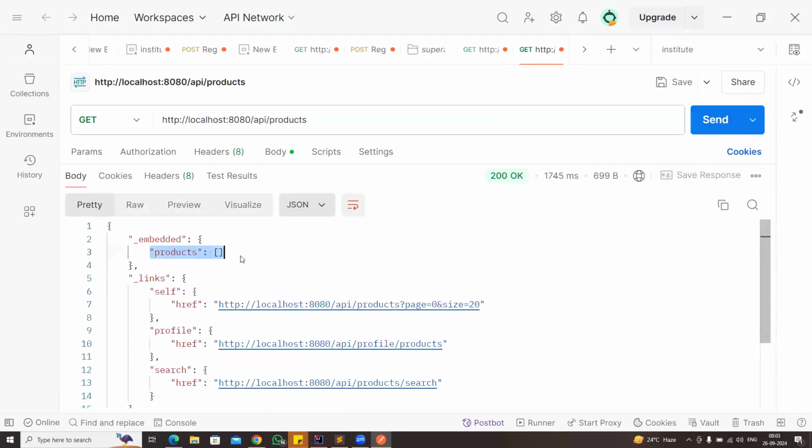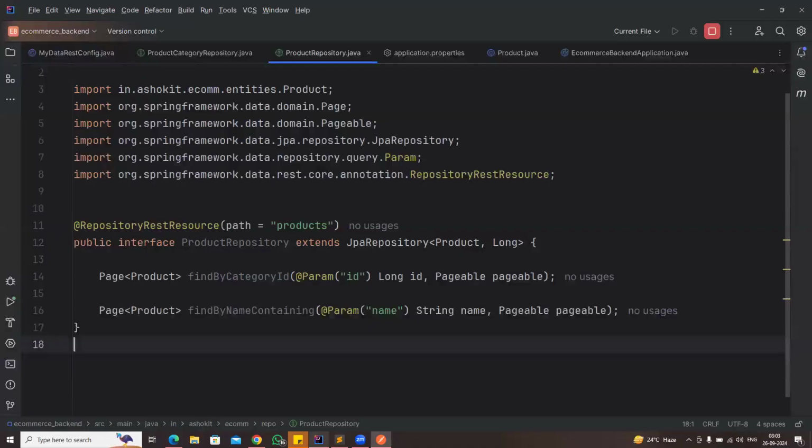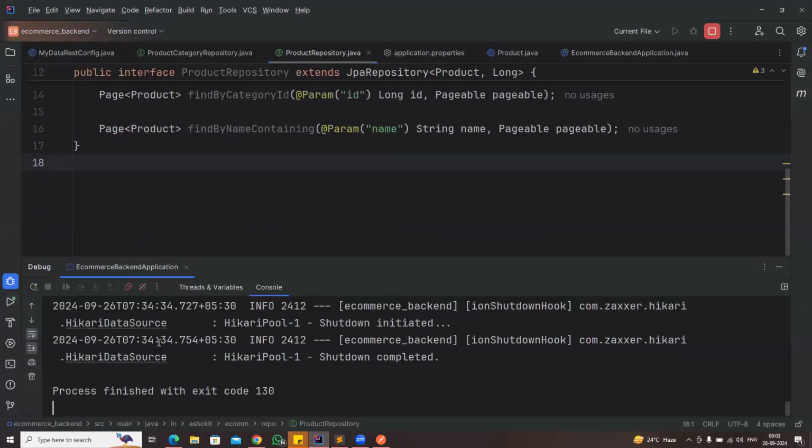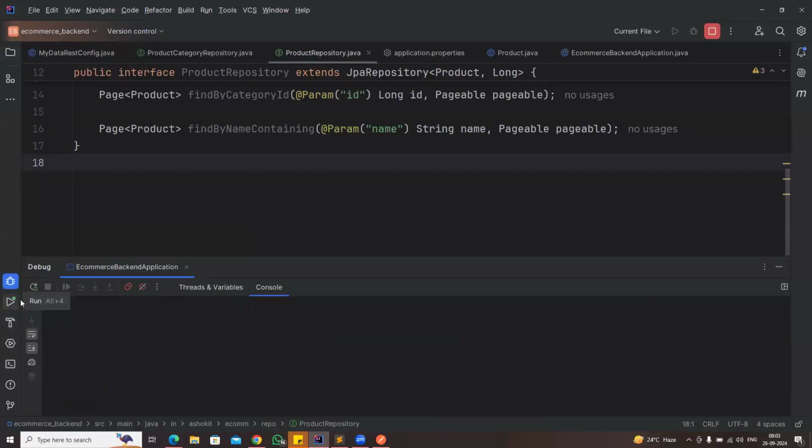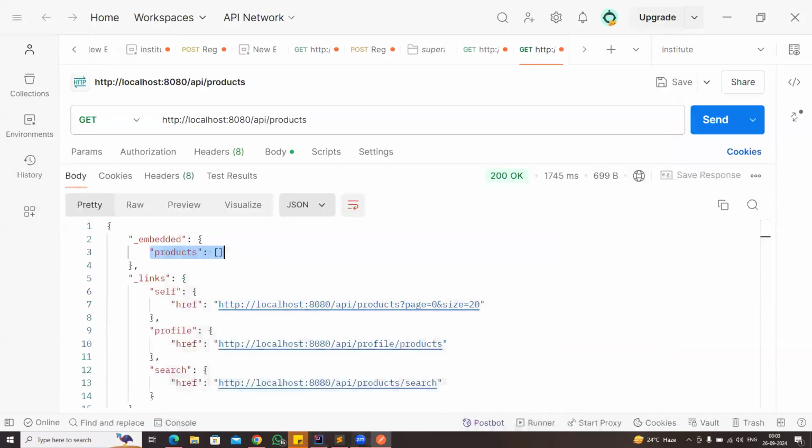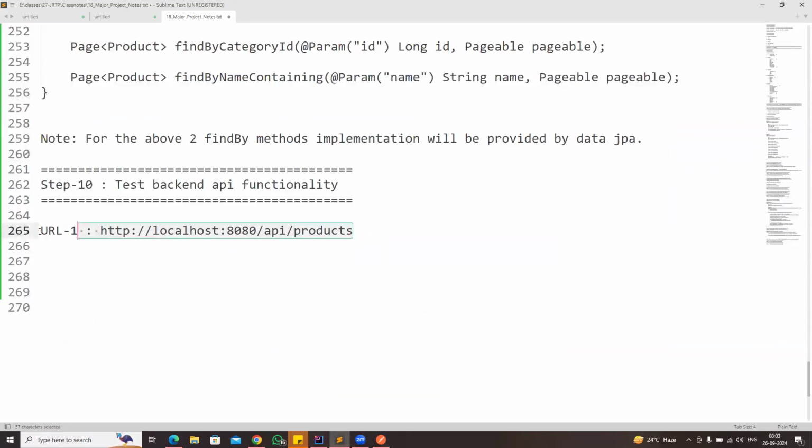Products. No products are coming because products are not available in the table. So we are not getting any record, because there is no data available in the table. Okay. Next, if you want to get any product based on the product ID, then you can send